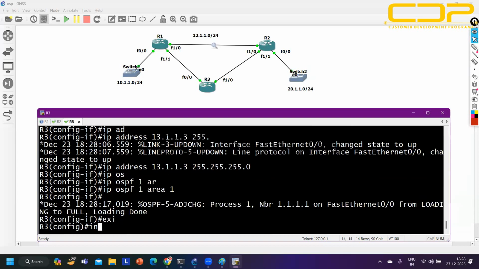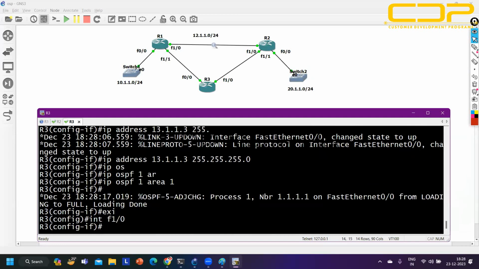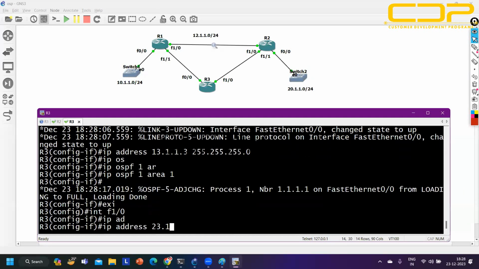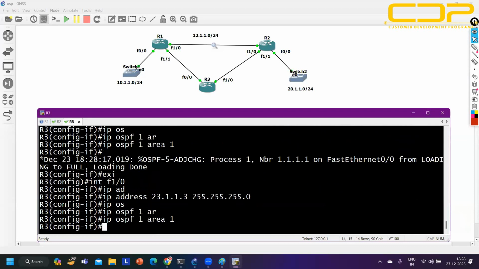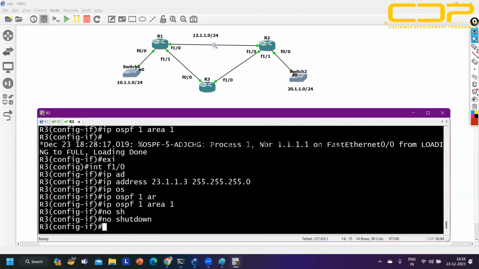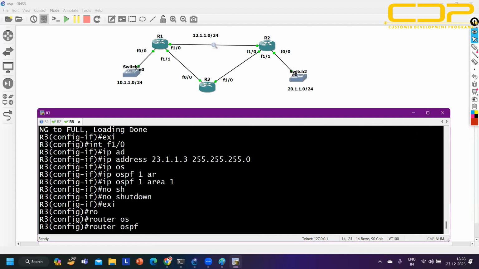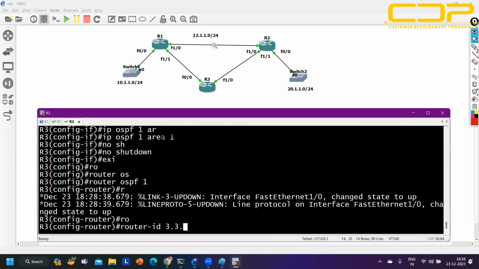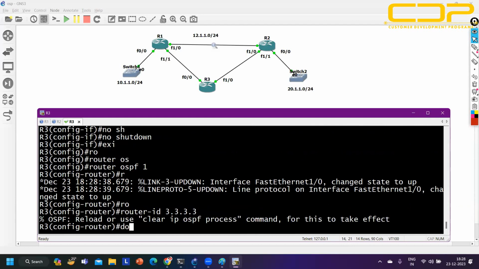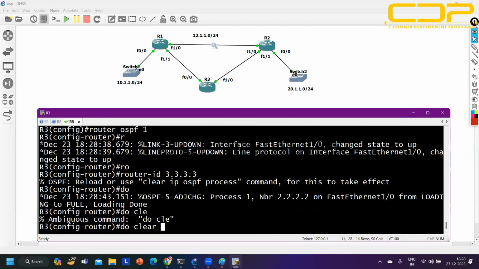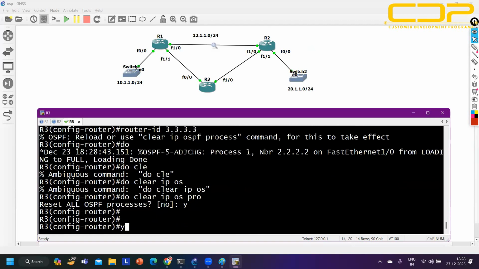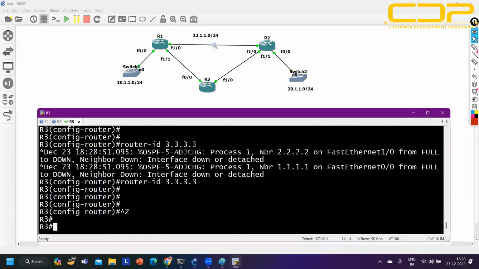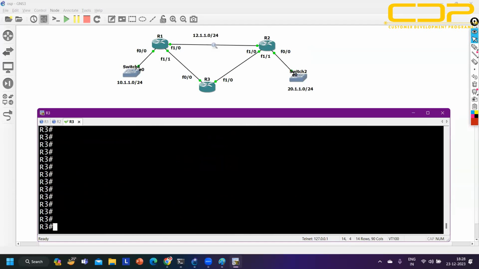Now let me configure another interface, interface F1/0, IP address 23.1.1.3, 255.255.255.0, IP OSPF 1 area 1. Router OSPF 1, router ID 3.3.3.3. Do clear IP OSPF process, say yes, and now we can apply this command. Right. Now on R2,